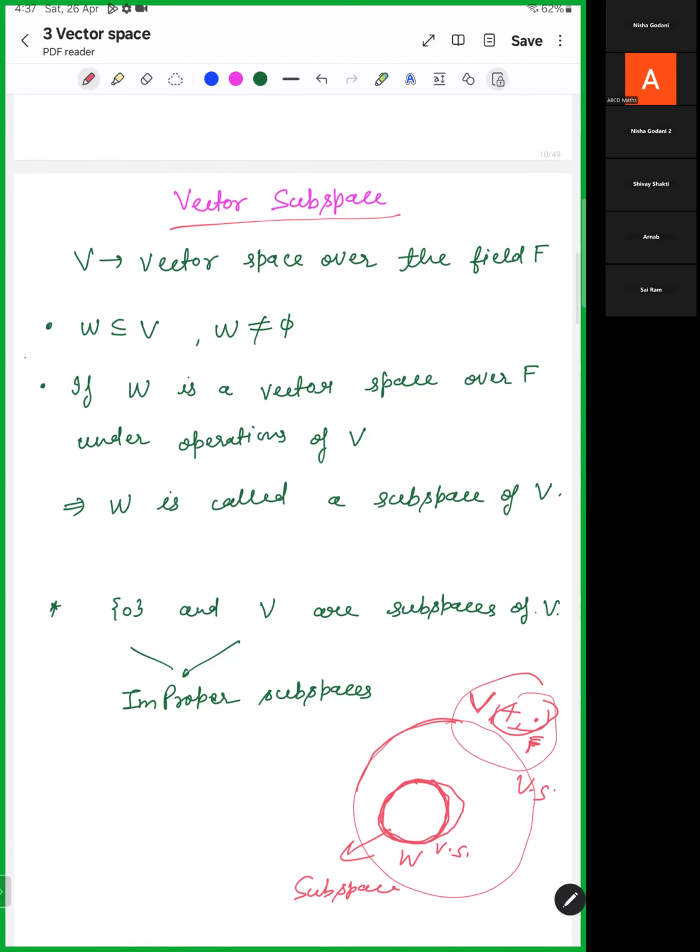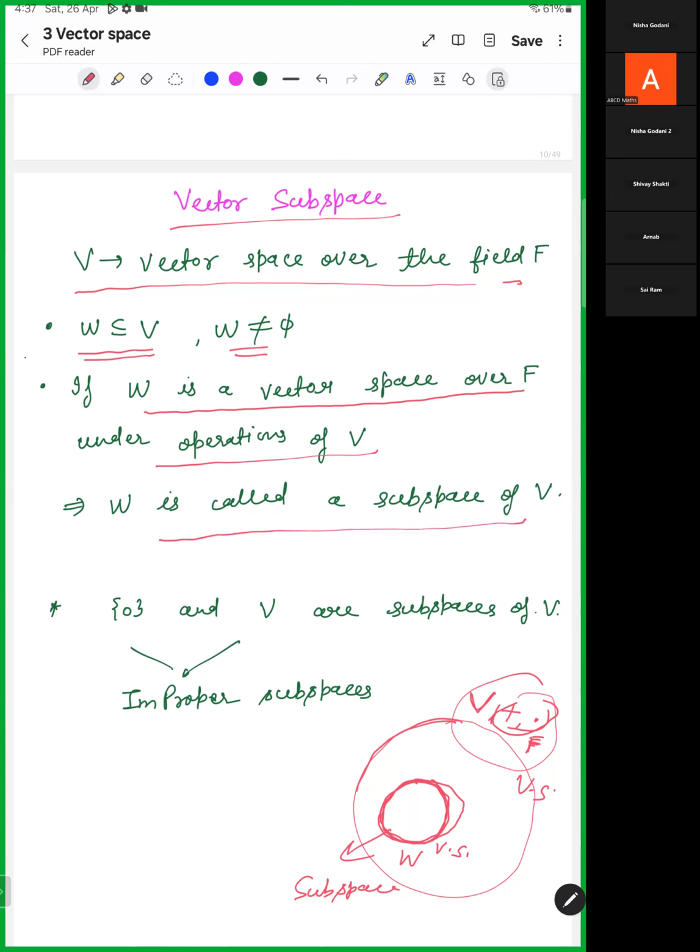See here in the definition: if V is a vector space over the field F and W is a non-empty subset of V, and if W is a vector space over F under the same operations of V, then W is called a subspace of V. So you have V, you have W as a subset of V, and if W is a vector space